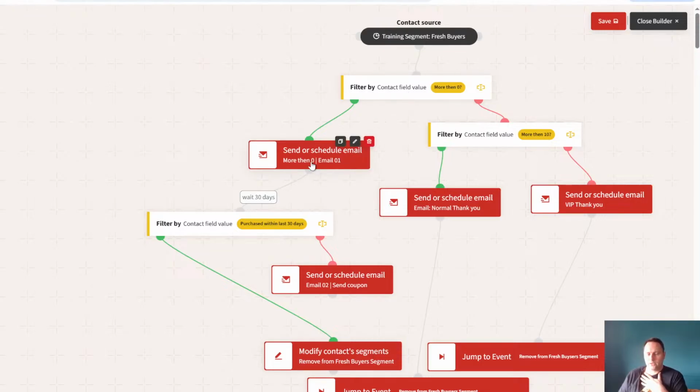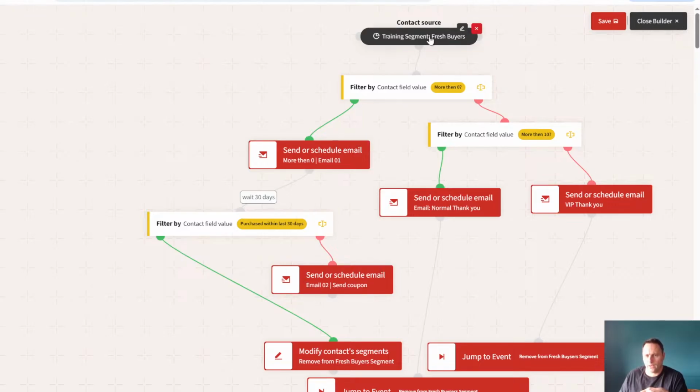So basically, this is just ensuring that if someone is a first-time purchaser, I try to reach out and make sure that they're ordering one more time. The reason for that is that in businesses which I work together with, I noticed that there's way too many people who just order once and never order again. So we try to convince them to order at least twice to create a habit,